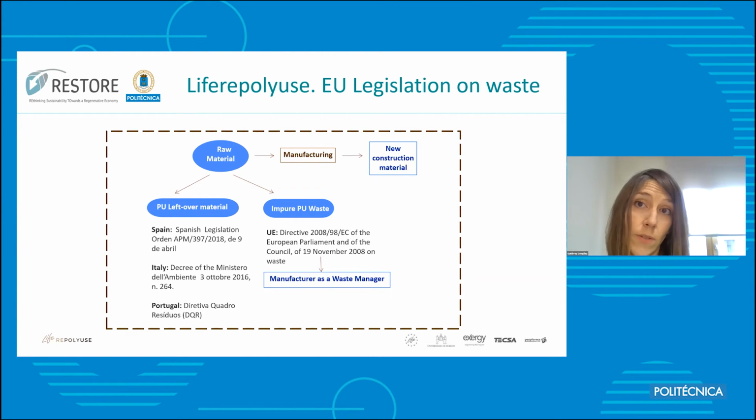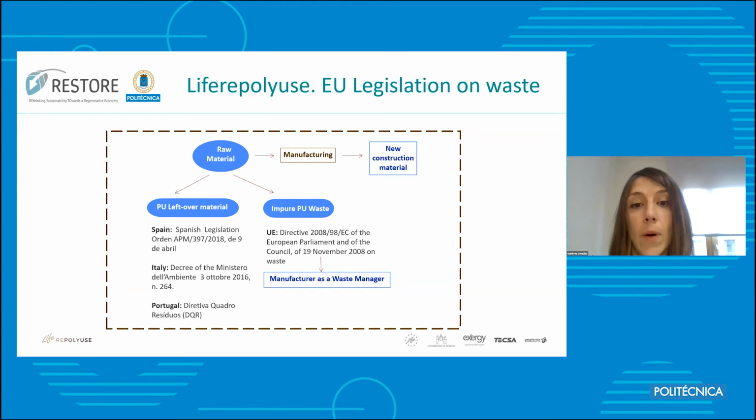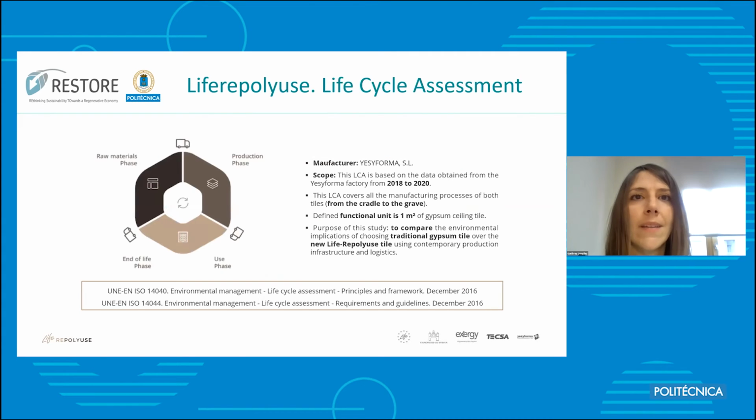According to legislation in certain countries within the EU, such as Spain, Italy, or Portugal, clean PU waste is allowed to be freely reused in the manufacture of new construction materials. However, if the manufacturer wants to use mixed PU waste, the regulation that must be followed is the EU directive on waste, which makes it compulsory for the manufacturer to be registered as a waste manager. Okay,